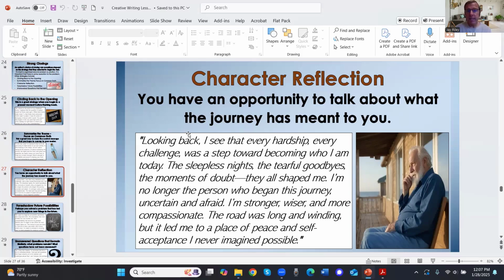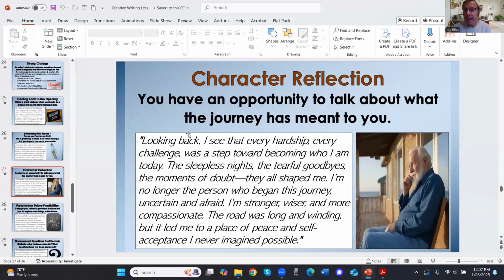The sleepless nights, the tearful goodbyes, the moments of doubt, they all shaped me. I'm no longer the person who began this journey, uncertain and afraid. I'm stronger, wiser, and more compassionate. The road was long and winding, but it led me to a place of peace and self-acceptance I never imagined possible. So here we can really get an idea of how this character's grown and what they've learned from the